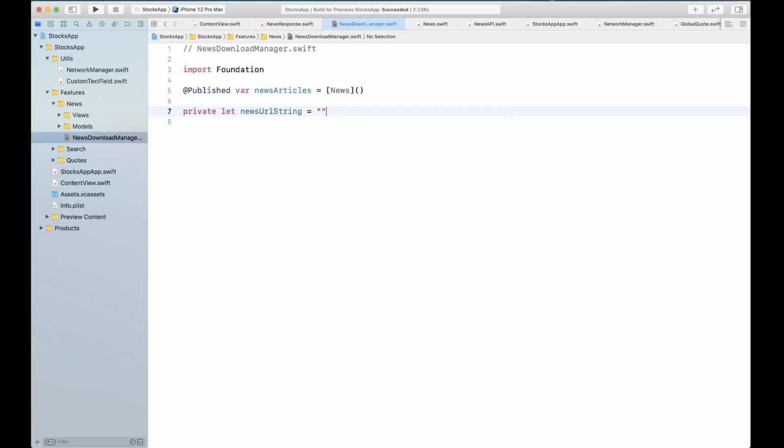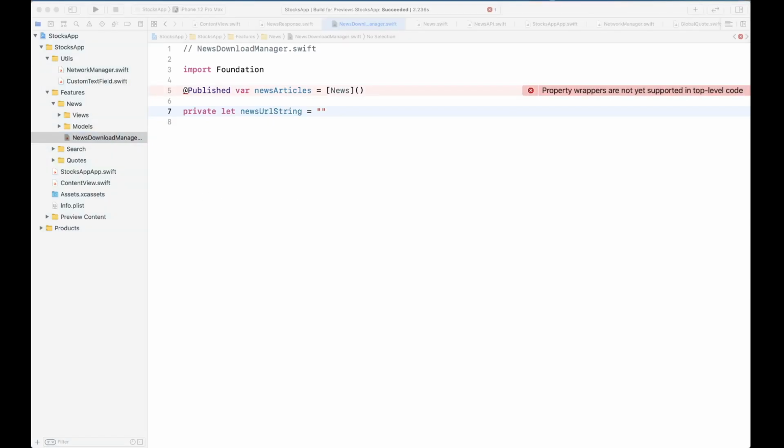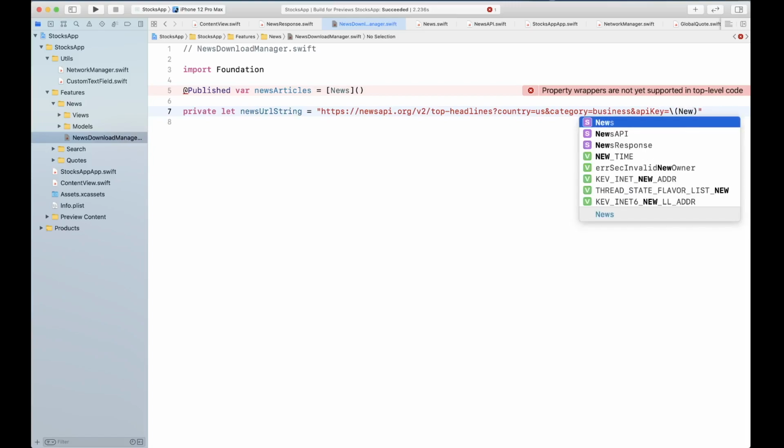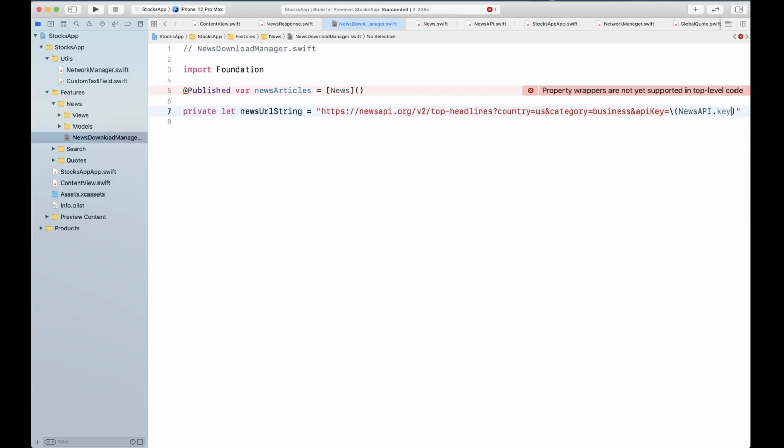This is basically going to be the URL string that we're going to use for the news API. And this is going to be pretty static, because we already know that we want top headlines for the US and the category of business, and the API key you can get from news API dot key, like so. Okay, and that's our news URL string.